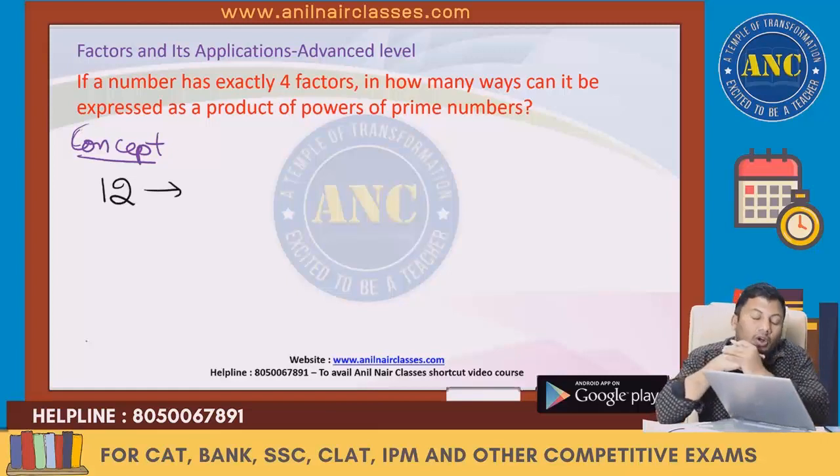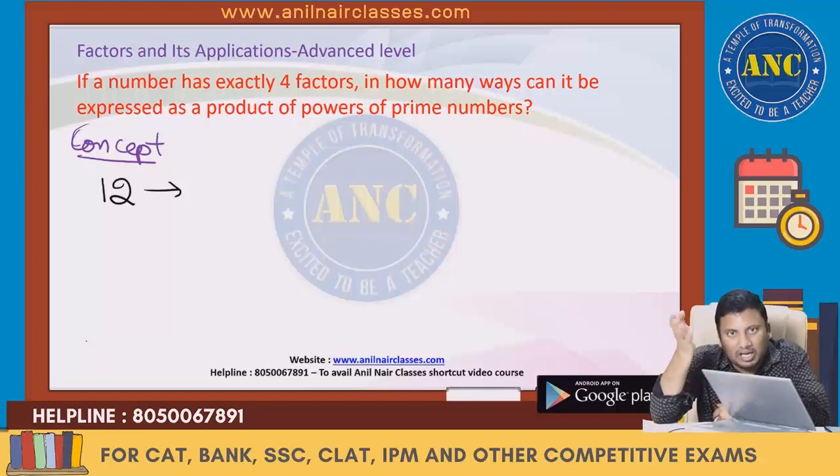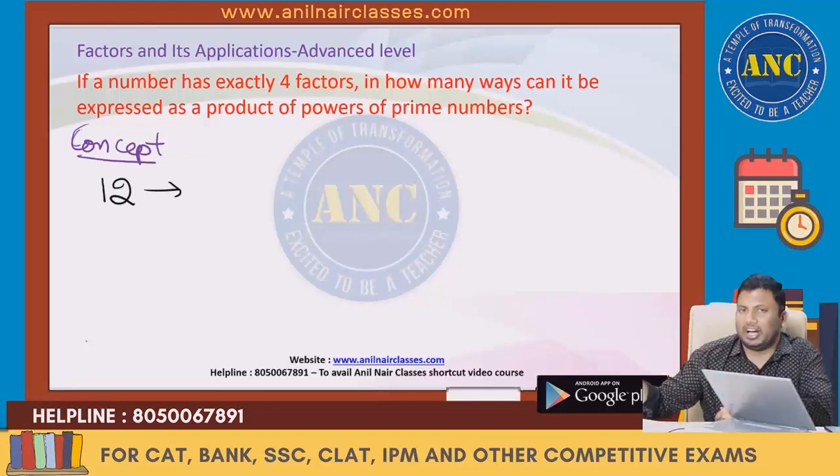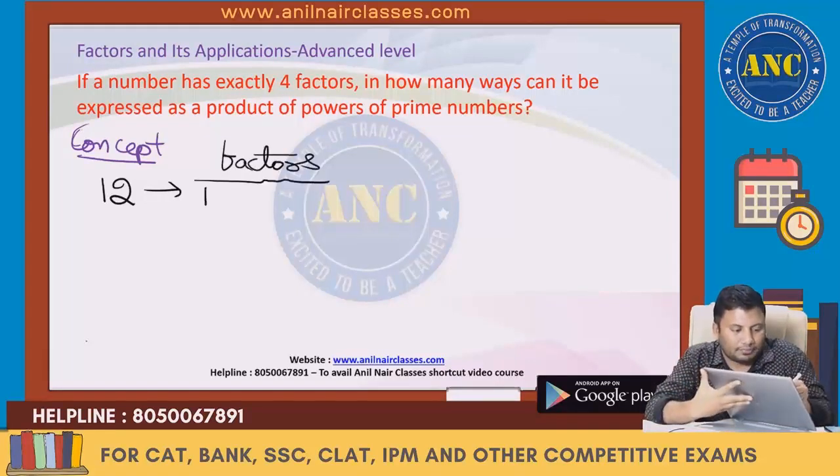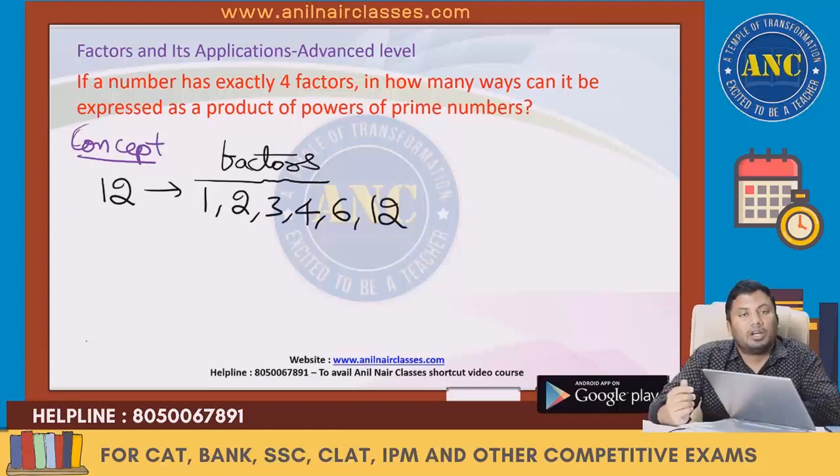Till now, in all the 4 sessions, a number was given and we had to find the factors of that number. Now I am doing the reverse. Factors will be given, we have to find out the number. Little advanced level, kindly listen to the class carefully. Factors of 12, I will solve 2 examples. Factors of 12 are 1, 2, 3, 4, 6 and 12.